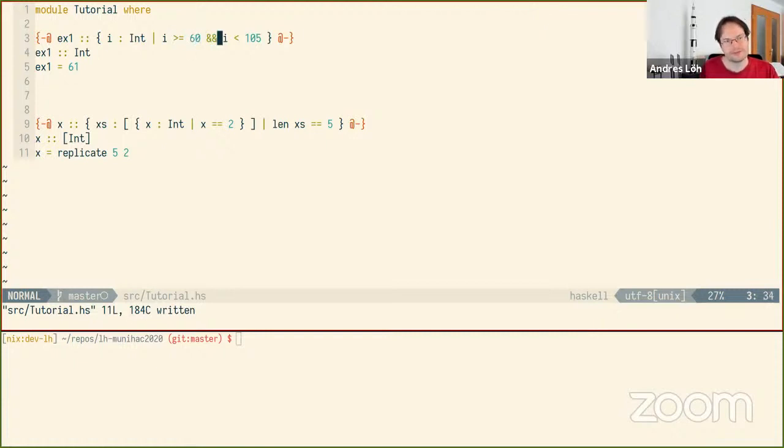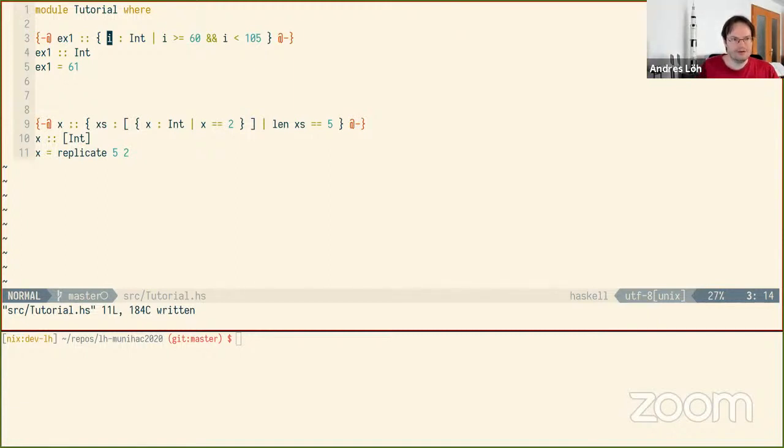And for the beginning, you can assume you have at least the option to refer to these variables that you introduced in the type signature itself. You have integers, you have arithmetic operations on integers like plus and times, you have comparison operators, and you have logical operators like negation and or and implies and if and only if and these sorts of things. That's sort of the basic language you can assume that you have. Okay, so